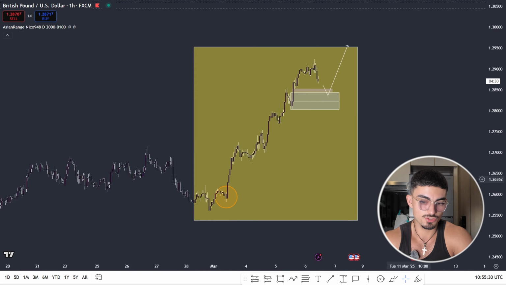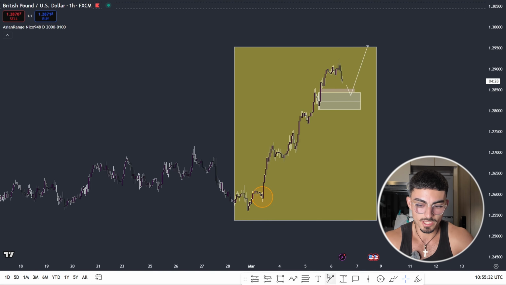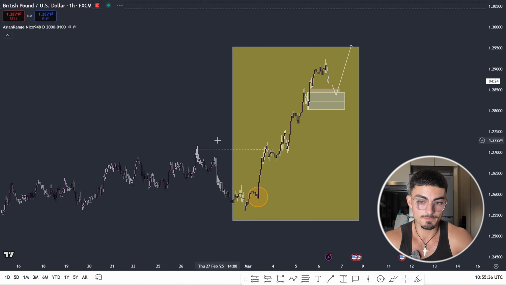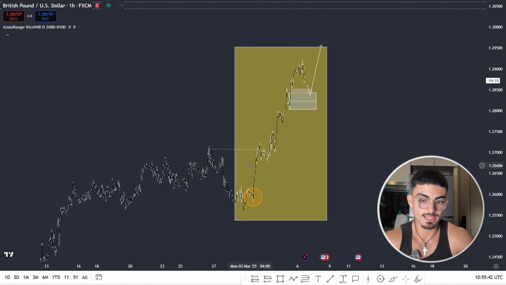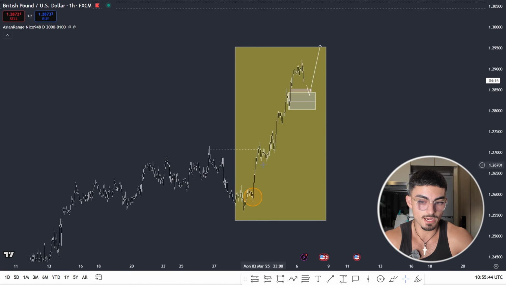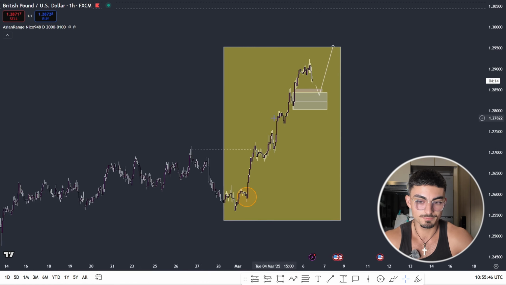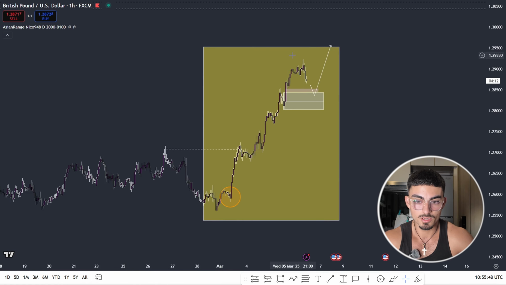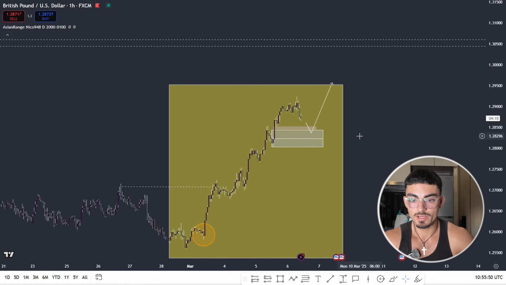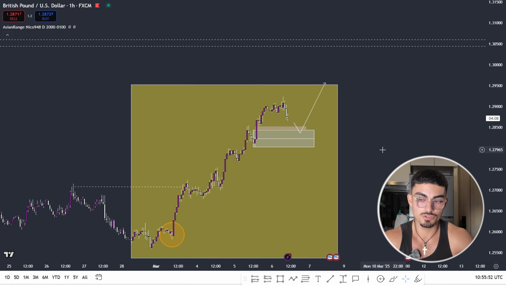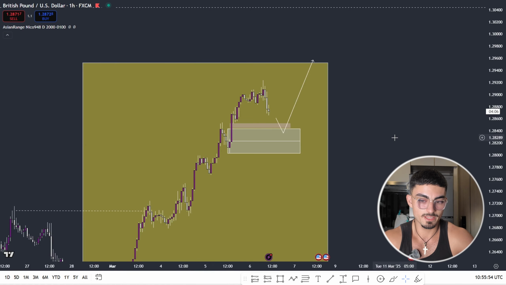So if we actually just zoom out here, right? The market was attracted to this high here. It took it out on Monday, right? So there was a very strong reason for price to go up from this point to target this high. Now it's taken it out. There's less reason to continue going higher. Tuesday kept on going higher, and then Wednesday kept on going higher. But then Thursday, you know, how high can it actually go? Sometimes you do need to use your own source of initiative.